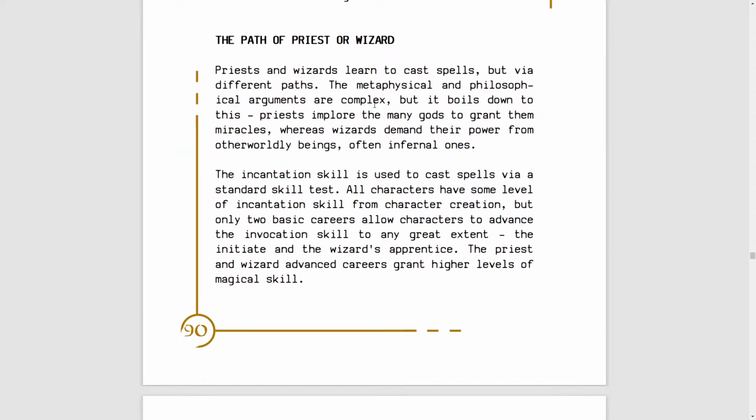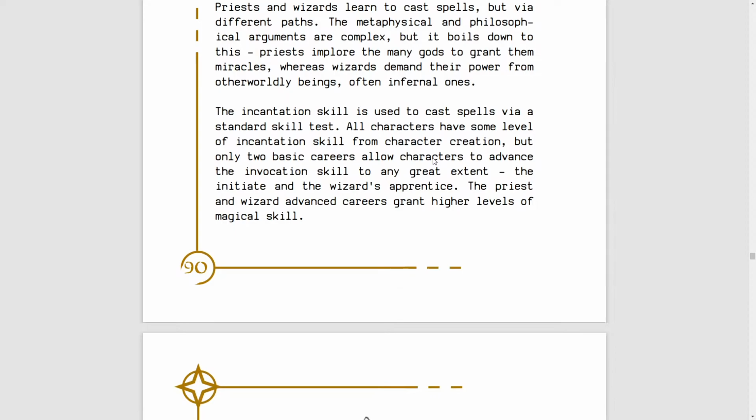So you share the same spell book. Like there is only one spell book in the world. They don't divide between holy and arcane or anything. Everyone is coming to the same result from a different path. So it just boils down to priests implore their gods and wizards demand magic from otherworldly beings,